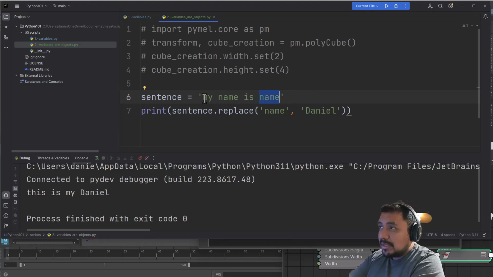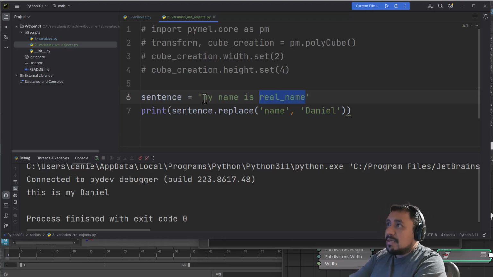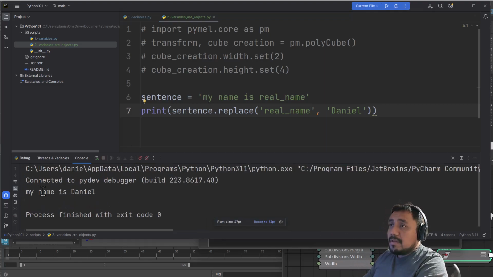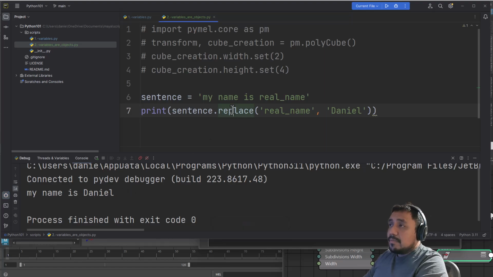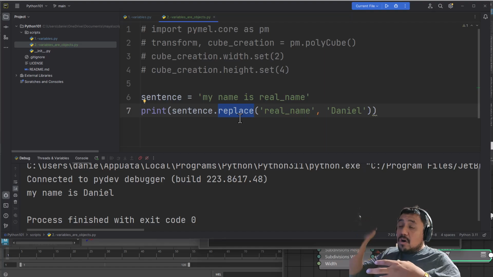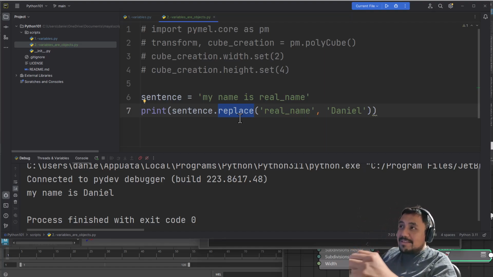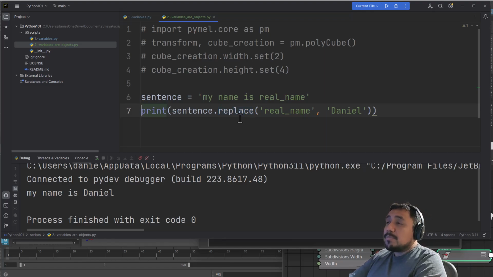Maybe I need a token here. The real name, maybe, and this is the token. And if I run this, it will print my name is Daniel, just because I'm using this function inside the object. There are other functions, like for example, this is not the best way to format a string. There are other ways. For example, there is a function that's called